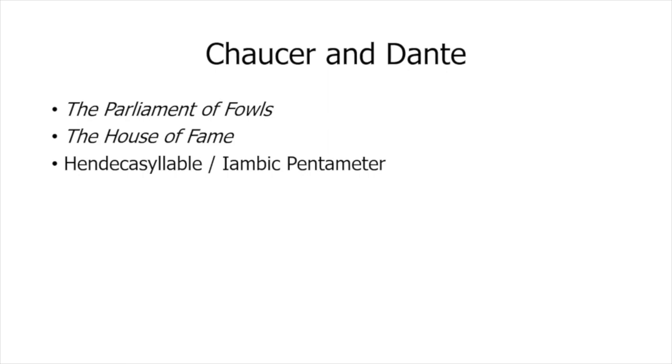the name hendecasyllable. Now, Chaucer, probably the most important thing that he did was he developed the iambic pentameter meter. Before Chaucer, in English, the most common metrical form was probably octosyllabic couplets, which is sort of like a tetrameter, 4-beat line. And Chaucer's House of Fame is written in that 4-beat line, but then he switched to iambic pentameter to write most of his major works, including most of the Canterbury Tales and also various other things, including the